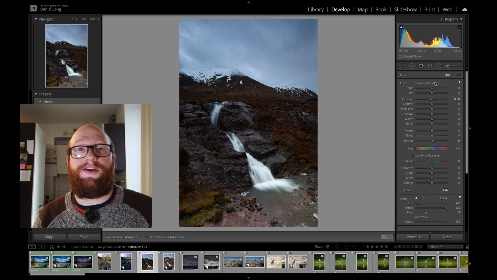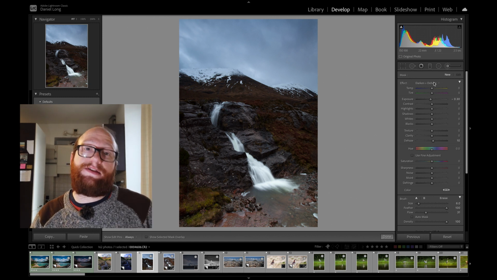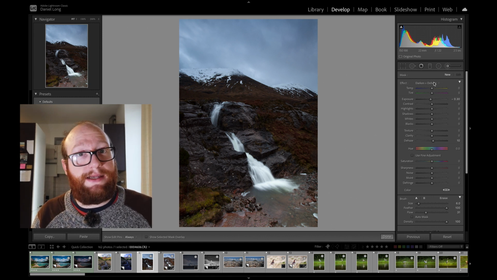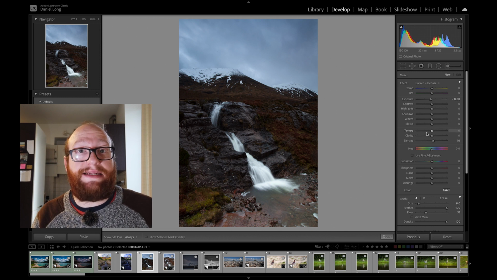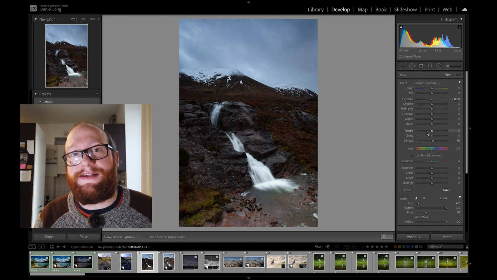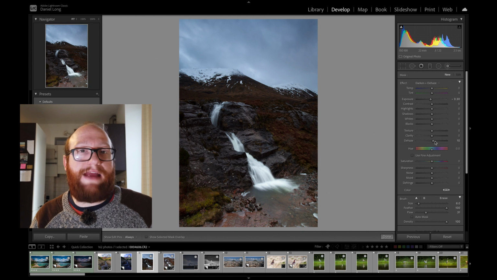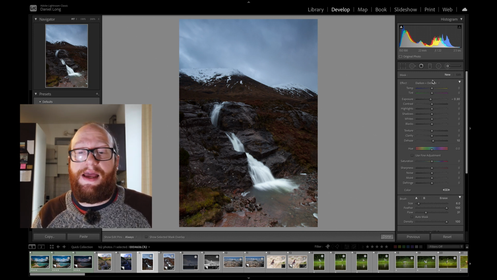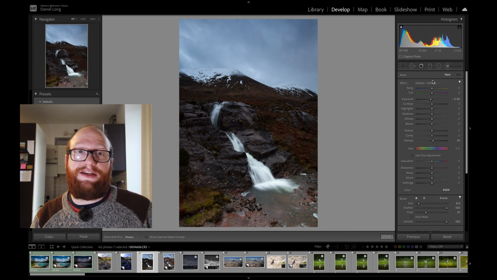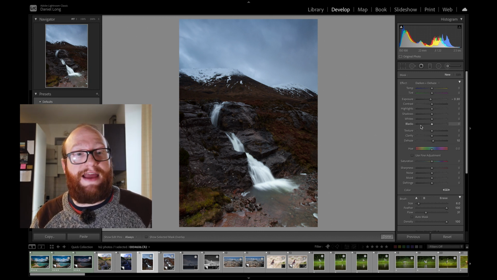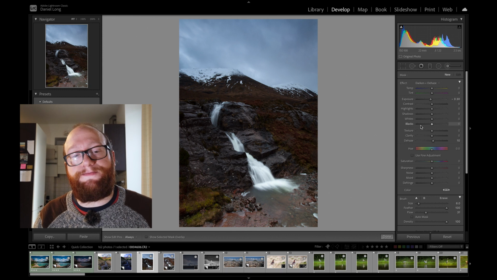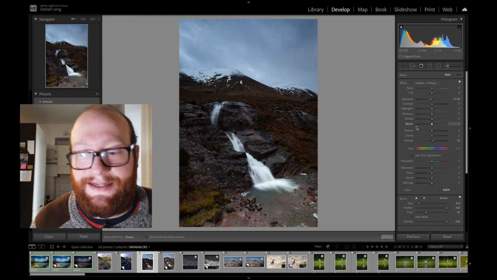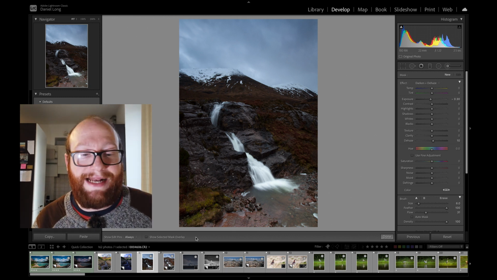But what I tend to do, to be honest, is actually use those as a starting point and then adjust these values for myself. And that's the best thing you can do, because you can create your own presets that you can save and use in other images, and you can see how each individual setting can affect an area of a selected image. So let's dive into this image here from Glencoe